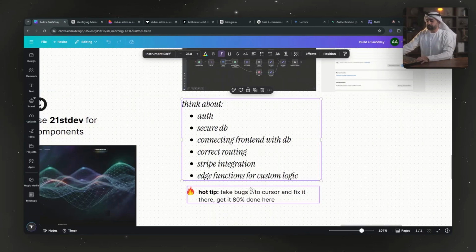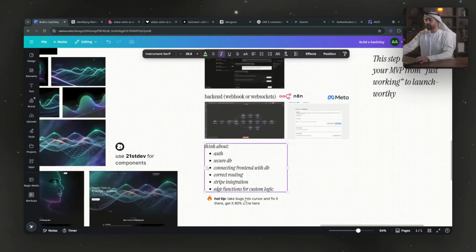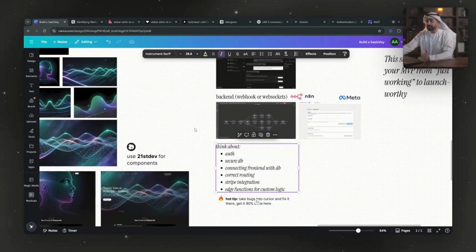And hot tip, and very important, you're going to have bugs. And I told you to be patient about this. And this is the practical reality of things. You're going to have bugs and it's going to give you errors a bunch of times. You're going to keep on fixing errors. You're going to spend a good time fixing errors. But if it's working 80% right, and you can see within the dashboard that I showed you, there were slight errors here and there, font size that's not that good, logo sizes can be bigger and so on, it's fine.